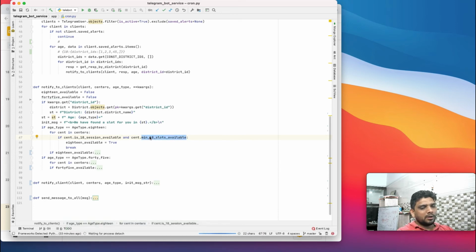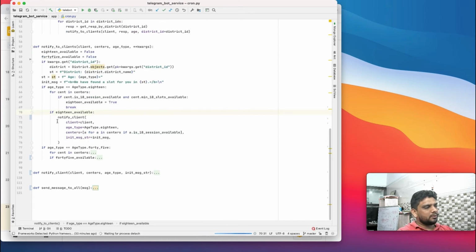Every center might have a number of slots. We just want slots having more than, say, 10 slots. So maybe we get all the centers which have more than 10 slots, and 18 available the same way.